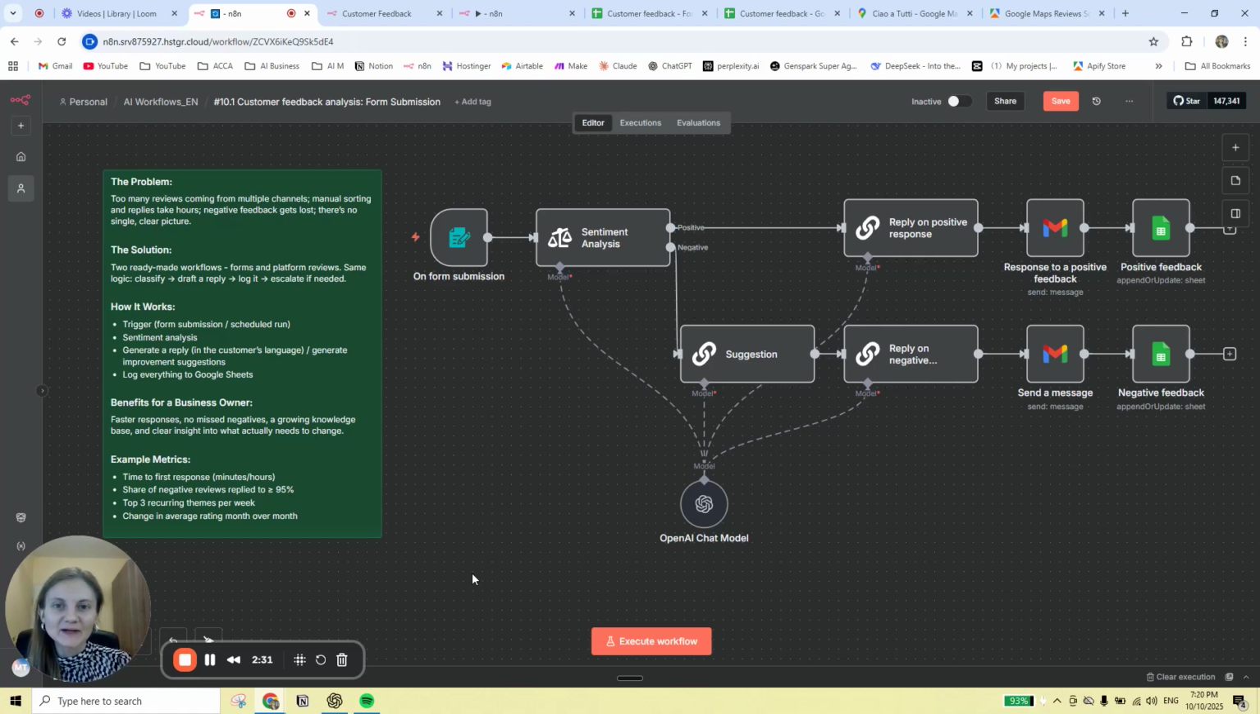Hello everyone. Today I would like to present two simple but at the same time powerful AI workflows built on n8n. We know that lots of businesses collect feedback, but they don't act on it fast enough. And the two automations that I will show you can read comments, detect sentiment, draft a human reply, and add details